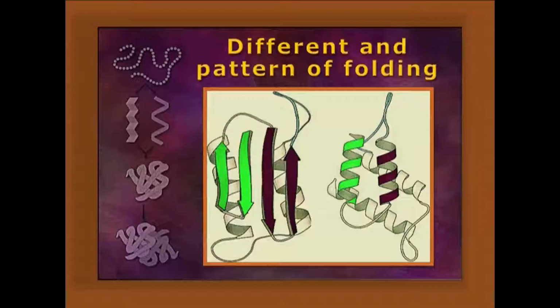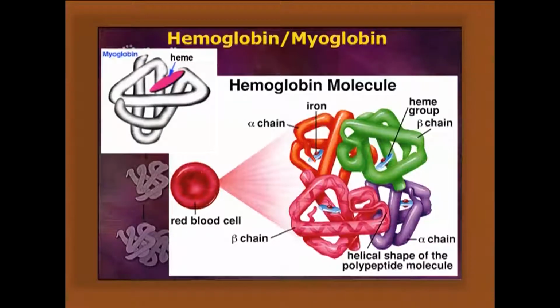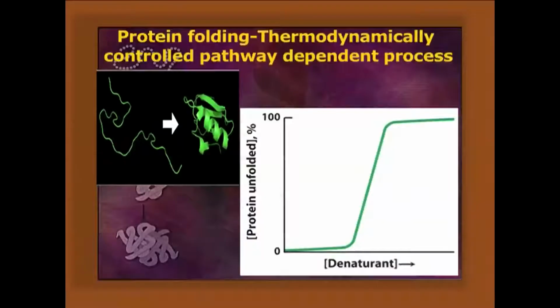They can be taken for the transport of metabolites. They can be taken for many other aspects of metabolism, and globular proteins have respiratory functions like myoglobin, hemoglobin, etc. Apart from that, the pattern of folding is kinetically controlled, thermodynamically controlled, a pathway-dependent process, a cooperative process giving either single or multiple domains.